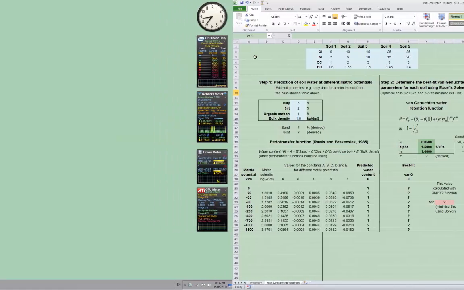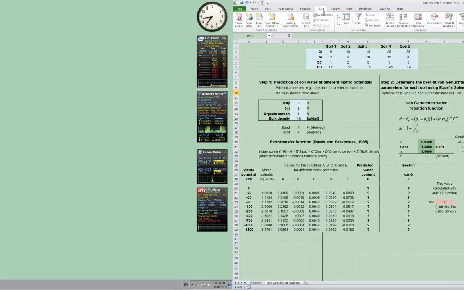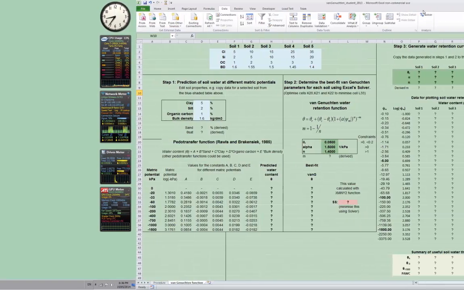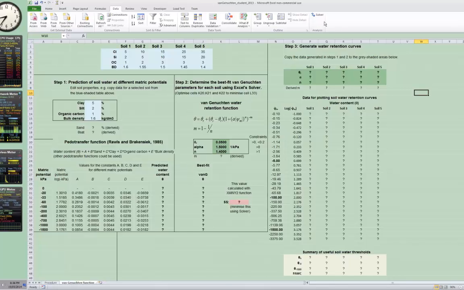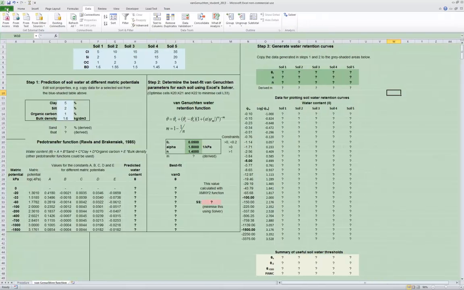Before we actually even get started, the first thing you probably want to check is that you have the solver function enabled in Excel. If you don't, or you can't get it up and running, then there's no way to actually do this experiment because you'll need it to do step 2. So where you can check whether you've got the solver function running is under the data tab, and you should see solver over there. If you don't see it there, what you need to do is go to File,